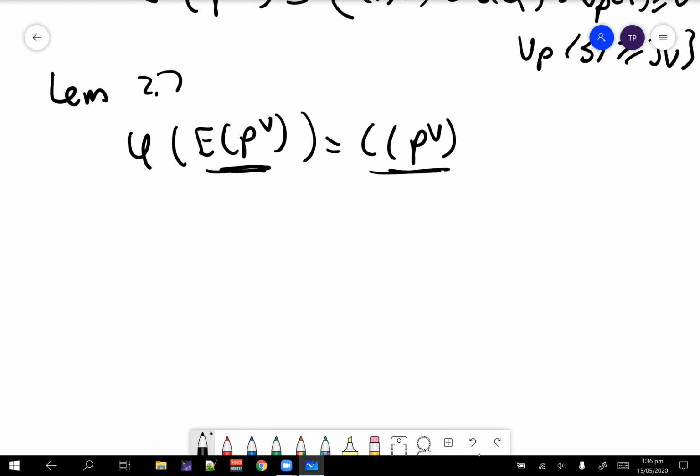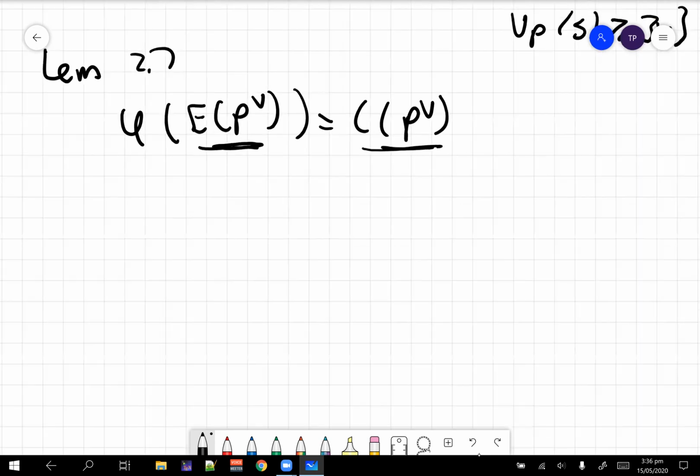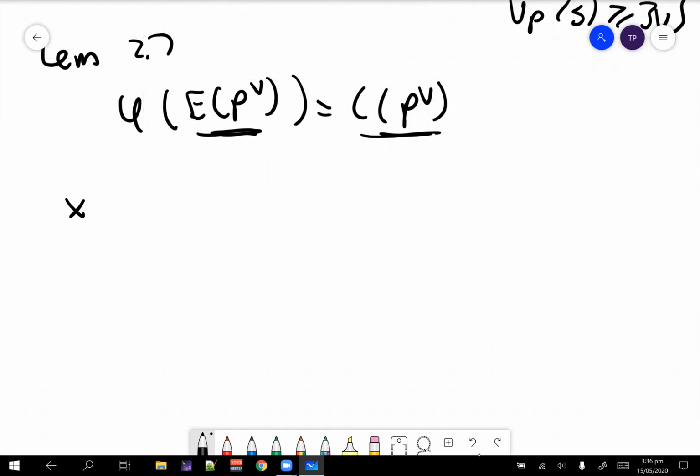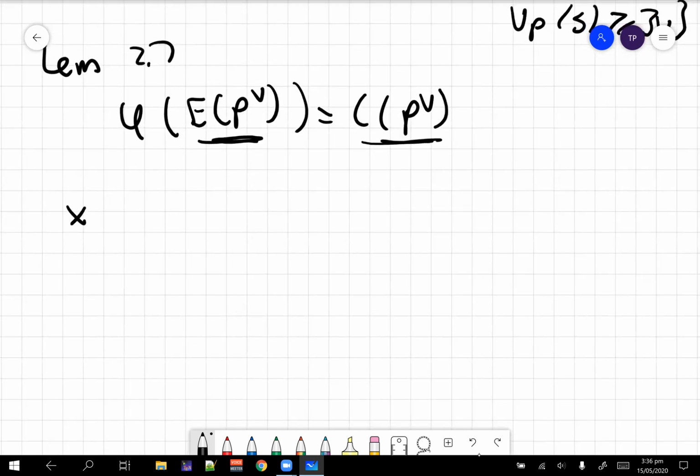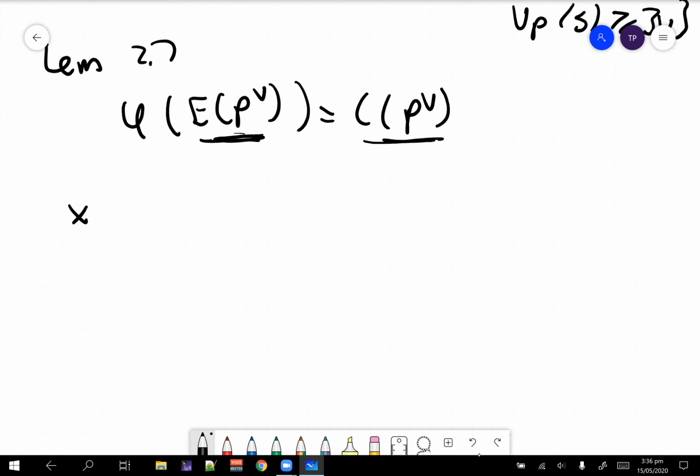And it's not too hard to prove. It's like one line long or two lines because my handwriting is really bad. So, recall that we have a constraint on the valuation of x and y, so we can write, proof: we can write x to be m over n times p to the v plus i,